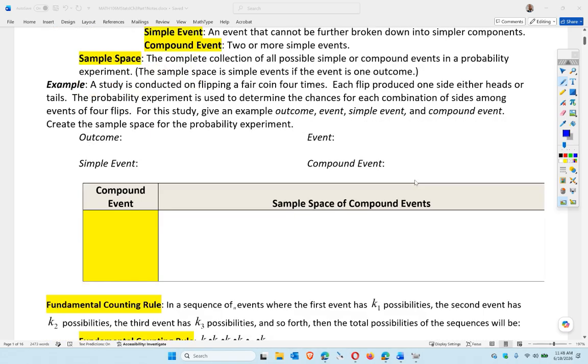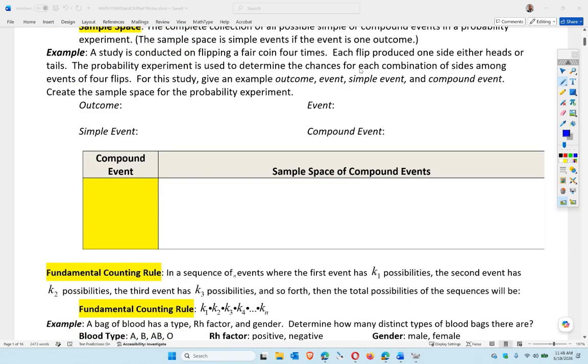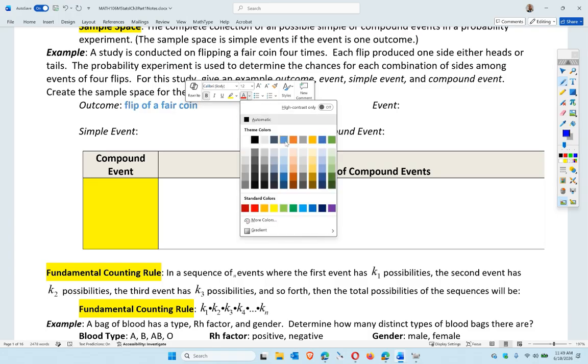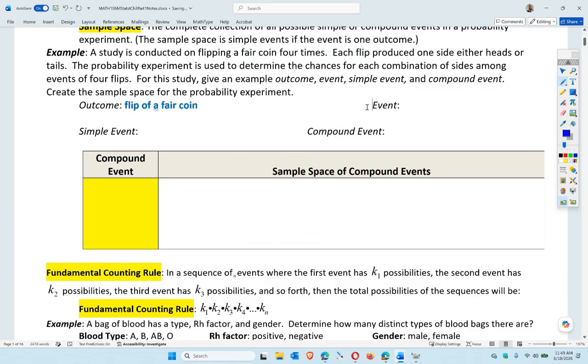So we'll take, for example, flipping a coin 4 times. Each flip of a coin is either heads or tails, assuming it's a fair coin, which means each side is equally likely. Fair is a standard probability term, meaning equally likely, equal probability. So an outcome here is a flip of a fair coin, right? Okay, so we'll bold and blue that. There we go. Okay, so the event here is